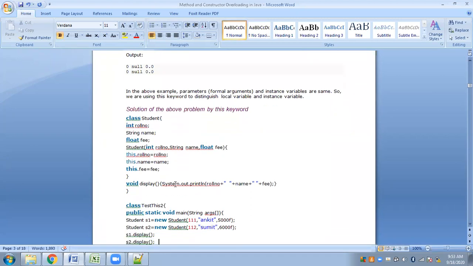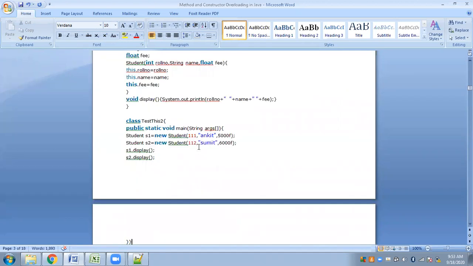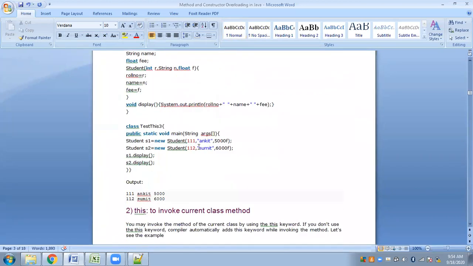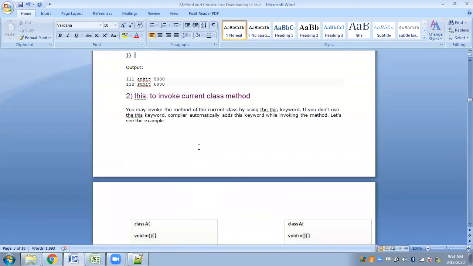That is why, to point to a particular object's variables, we make use of this. So this keyword is basically used to avoid the confusion that will be created in case we have the same class variables and parameters.